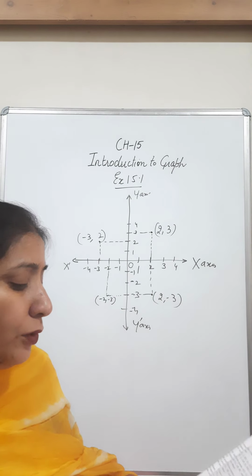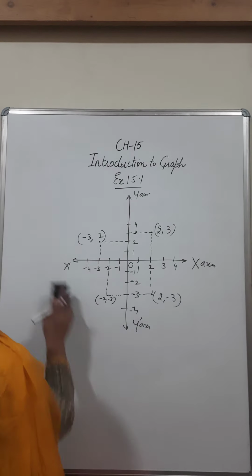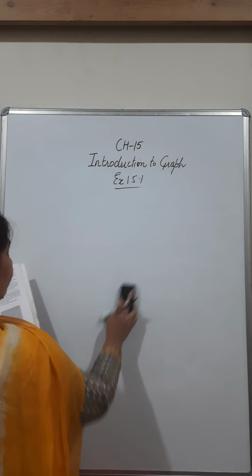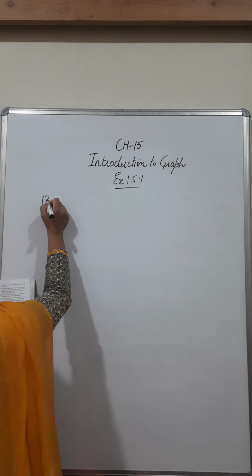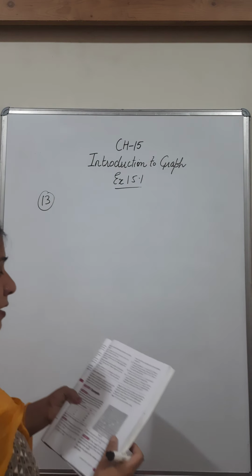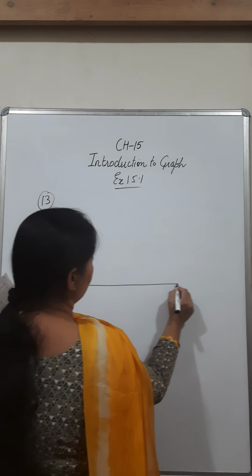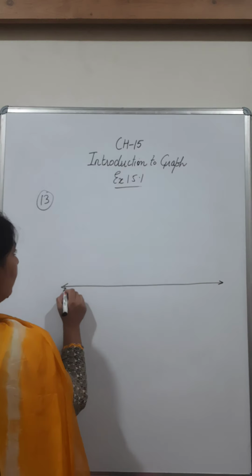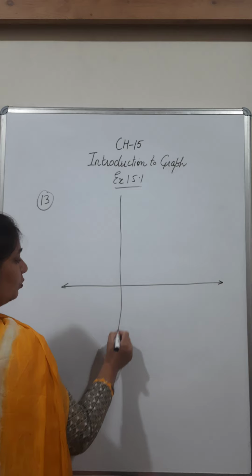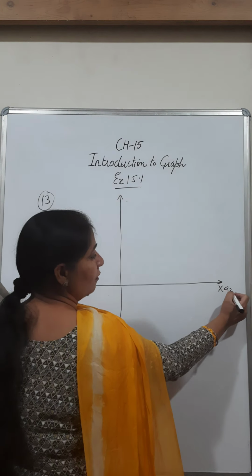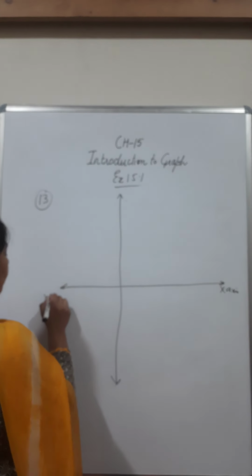And in some of the questions they say, for example, I am taking the last question. Just see the last question of the exercise. In the 30th question, what does it say, that A is a point -3, 7. So first of all, we have to make a graph where we will be locating this point -3, 7. So this is suppose my graph. You will make it on the graph. Beta, I am drawing it on the blackboard, but you will make it on the graph.